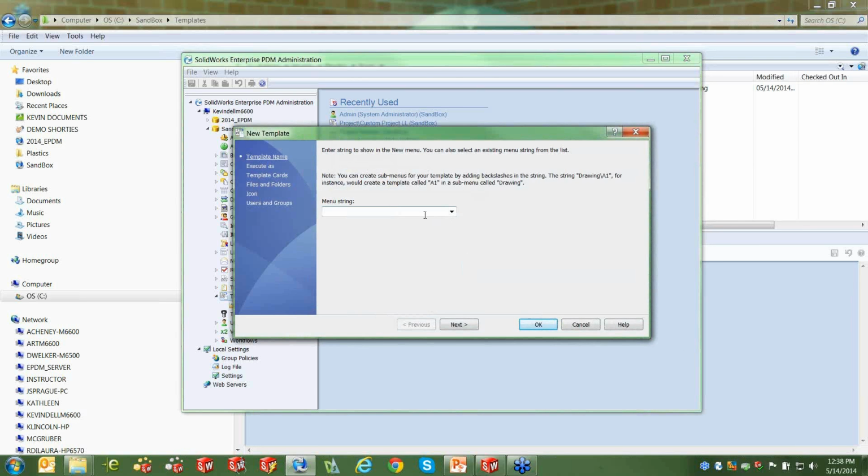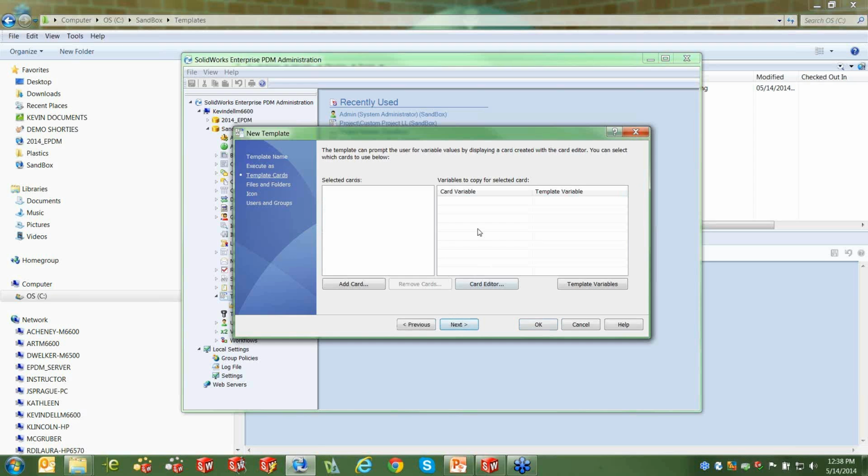So what do I want my structure to be? Maybe I want SOLIDWORKS file and backslash part inch. Okay. So again, I'm directing the software to what I want the right-click menu to look like. I want to execute it as the logged-in user, which we talked about. Now in this case, because I don't have a card,